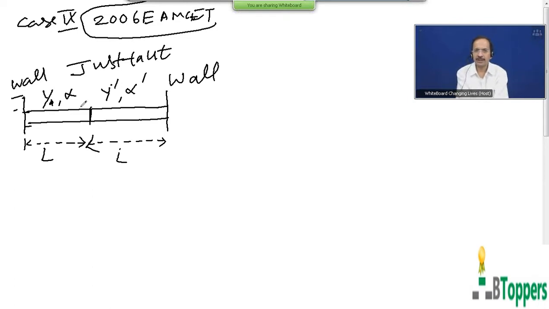So I would like to discuss how to find the magnitude of the tension developed in each rod when the temperature of the system of the two rods is increased, and how to find the shift in the junction, that is the contact surface between the two rods. We call it a junction. I would like to discuss how to find the displacement of this junction when the temperature of the system is increased, and the condition for which the junction does not shift even though the temperature increases.